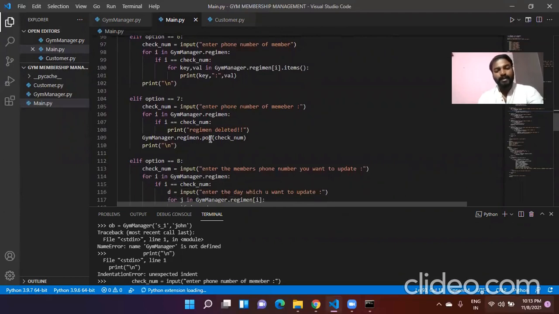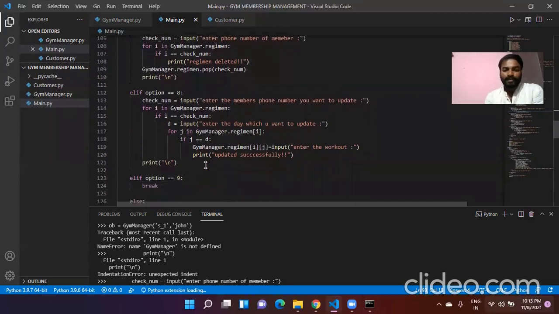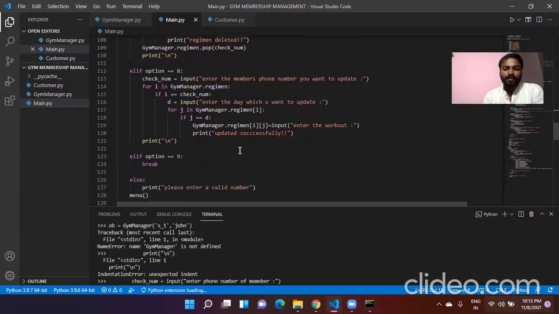Here I use the pop method to delete resume members. If option equals 8, this will update it successfully. These options will provide you the update of the resume. You can change any resume, like Monday's or any day's resume also. So here we see the code of updating a resume.